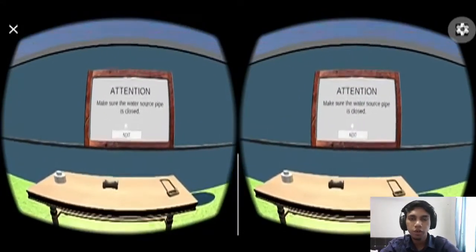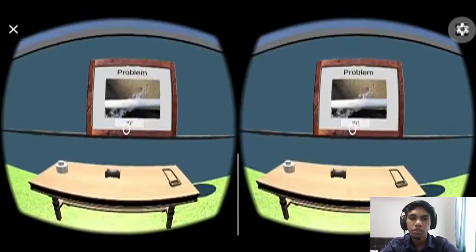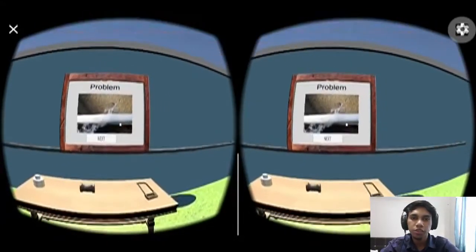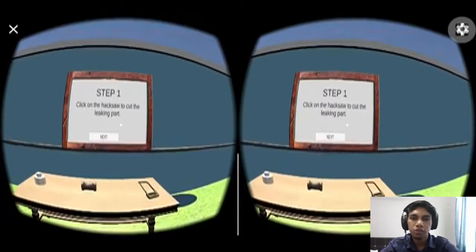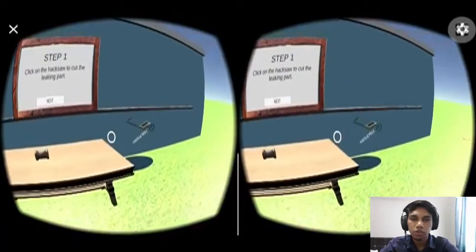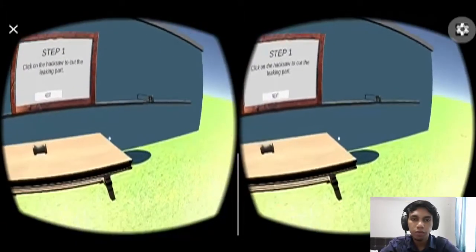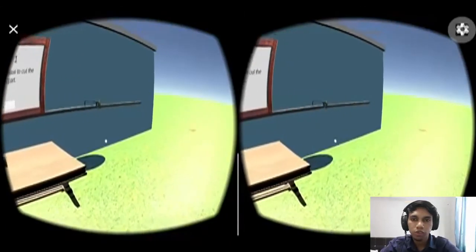So next, okay, there is one instruction here to make sure the water source pipe is closed. Okay, the picture of the problem, and then next, the first step is to click on the hacksaw to cut the leaking pipe. So click on the hacksaw, we can see the leaking pipe over there, which the hacksaw is trying to cut.